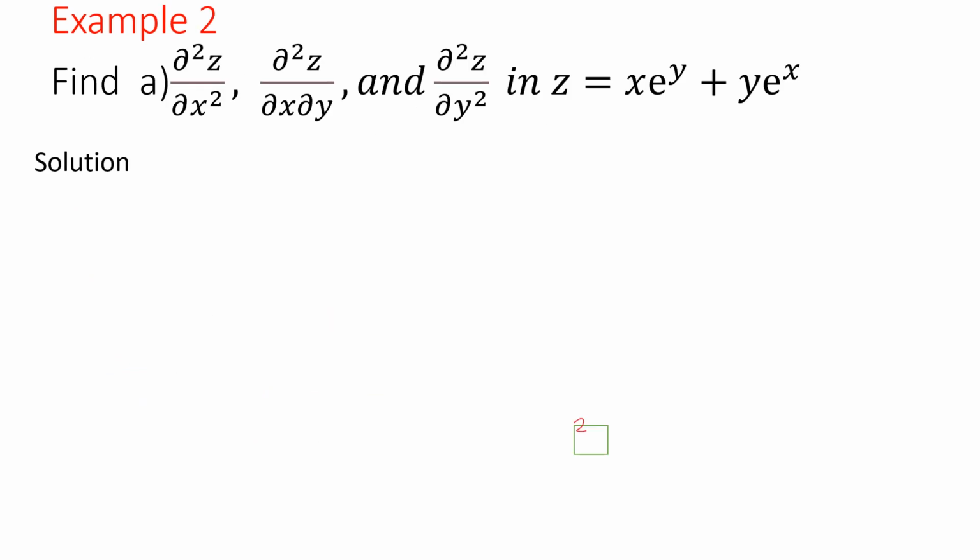Right here, find the second partial derivative of g with respect to x squared, and the second partial derivative of g with respect to x and y, and of course the second partial derivative of g with respect to y, in g equals x e to the power y plus y e to the power x. So your solution will be